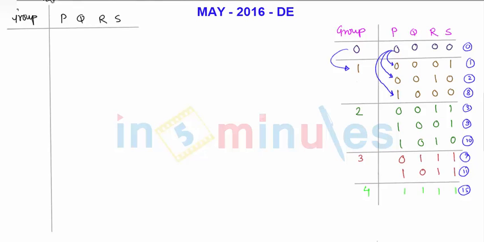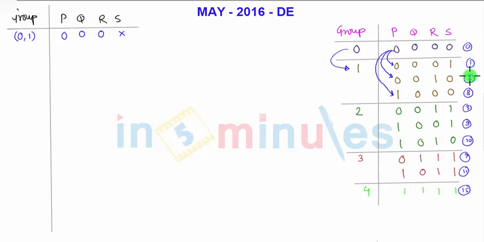Okay, so what we can do, starting with 0, 0 compared with all the next group, that is nothing but group number 0 compared with group number 1. So we have here, first of all, there is a combination between 0 and 1. So this 0 is compared with 1. So we have 0 comma 1 group in which the S bit is uncommon. So I will put here 0 0 0, don't care.